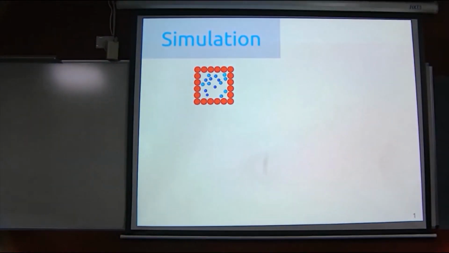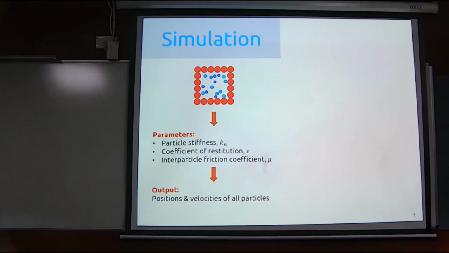So first, the simulation. In granular materials, we need to track the motion of each particle. For that, all we need is Newton's law of motion. But the interaction between particles needs to be simulated, and we use a spring and dashpot model for that. There are three parameters in this model. One is the particle stiffness, because in our model we treat the particle as deformable, so there will be some